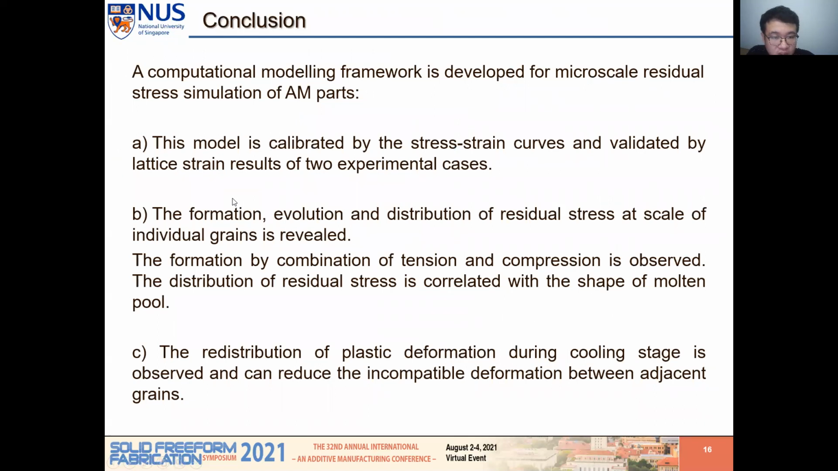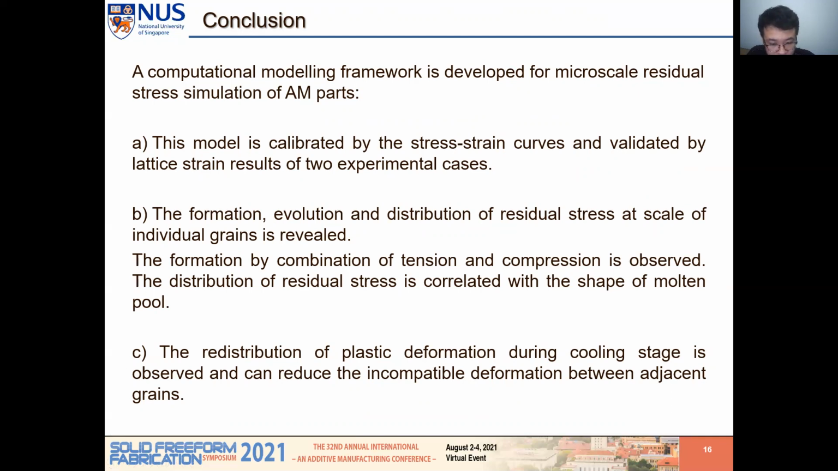So here is a final summary conclusion. We develop a computational framework to simulate the residual stress of AM parts. In this work, we work on two cases of 316L steel by laser powder bed fusion. First we calibrate the model by their stress strain curves, and then we validate our model by lattice strain results. This simulation provides insights on the formation, evolution, and distribution of residual stress in AM parts